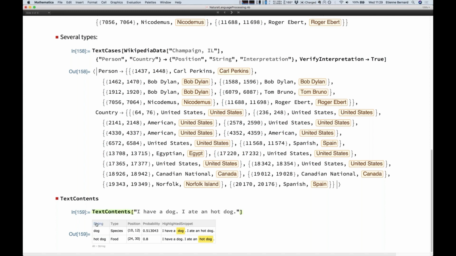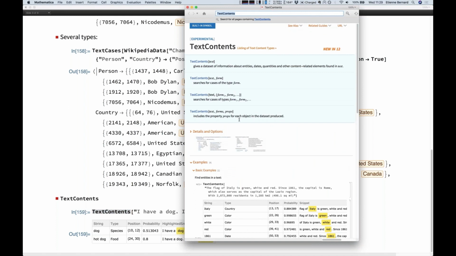But anyway, by default, for example, here it finds a species: the dog is an animal species. That hot dog is a type of food, and the position and the probability that it's actually the correct type, and also a snippet to put in context what it found. So you can also specify the type that you want, or the form that you want, and put many of them.